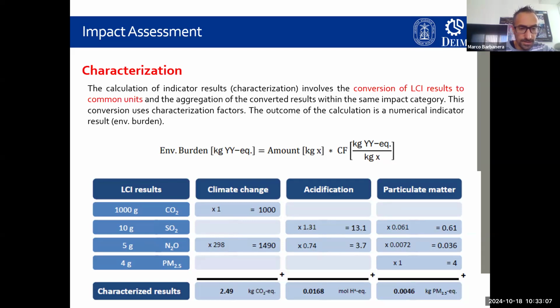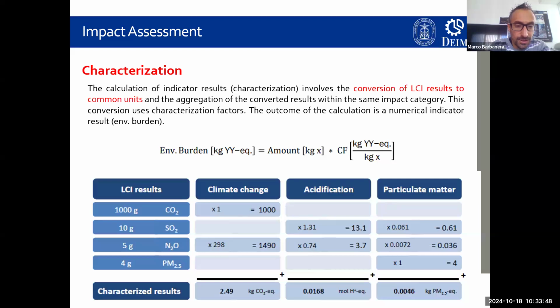In this case, we have seen that if in our example we choose 3 different impact categories, in this case, climate change, acidification, and particulate matter, the aim of this step is the conversion of each inventory data to common units, a specific unit for each kind of impact category. So in this case, for climate change, the unit is typically kilograms of CO2 equivalent, and